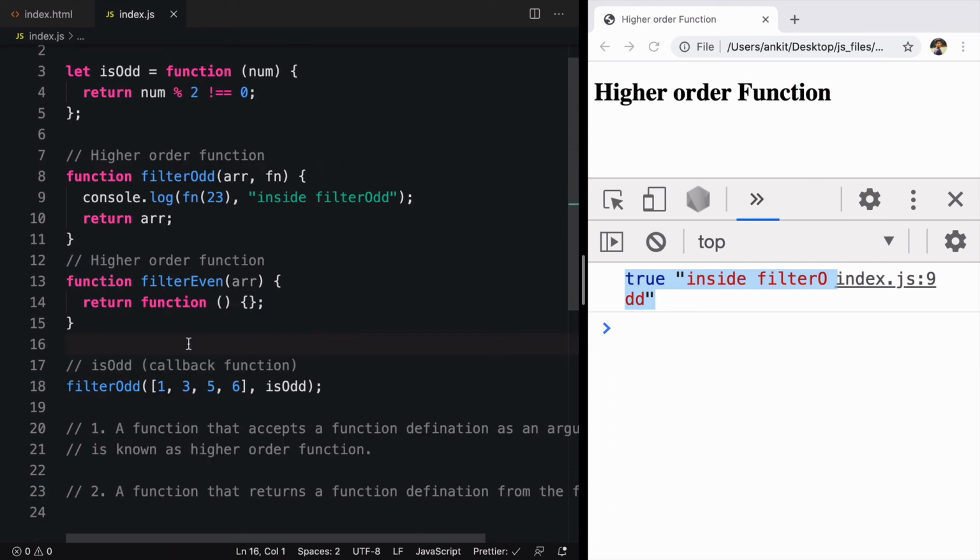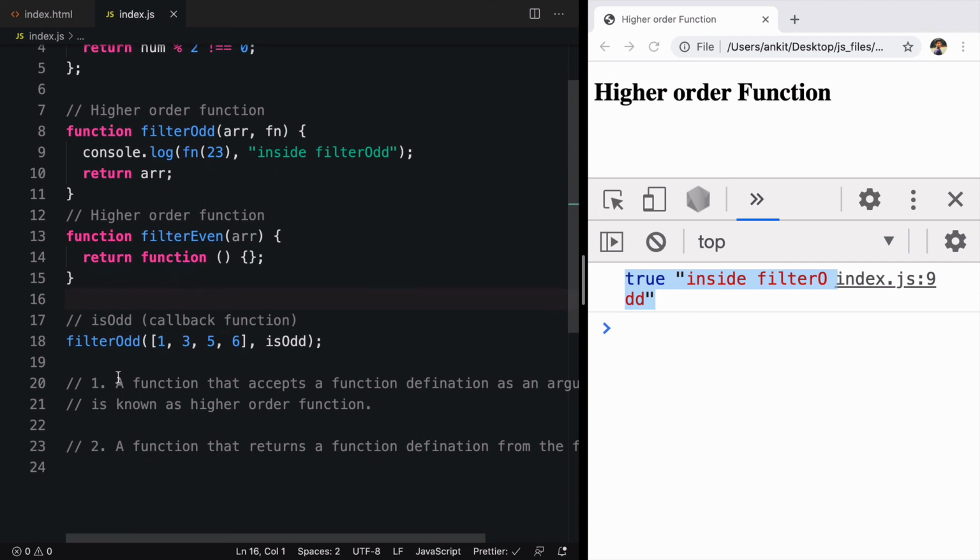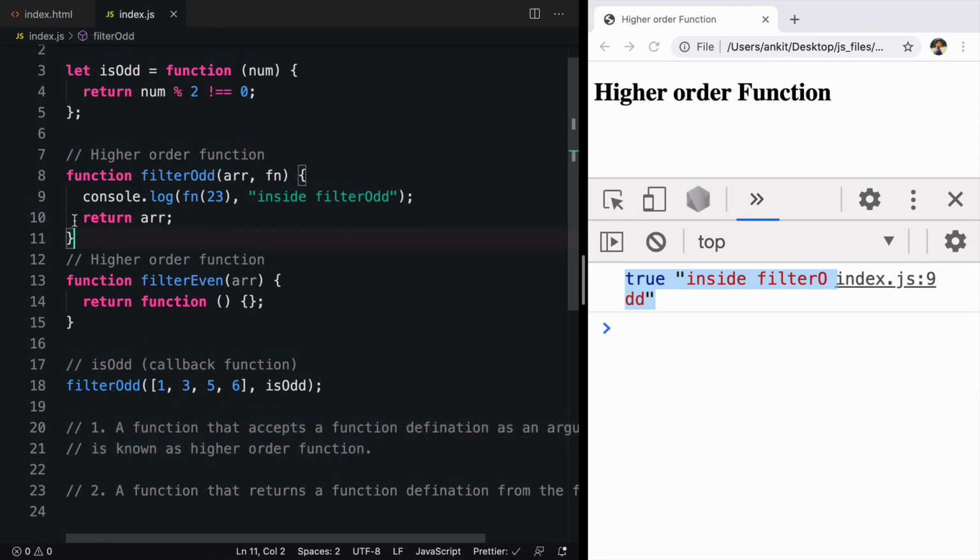So in this way, we learned about higher order functions. A function that accepts a function definition as an argument, or returns a function definition from the function, is known as a higher order function. And the function definition passed inside the function, in our case isodd, is a callback function. We'll see the use case in the next video.